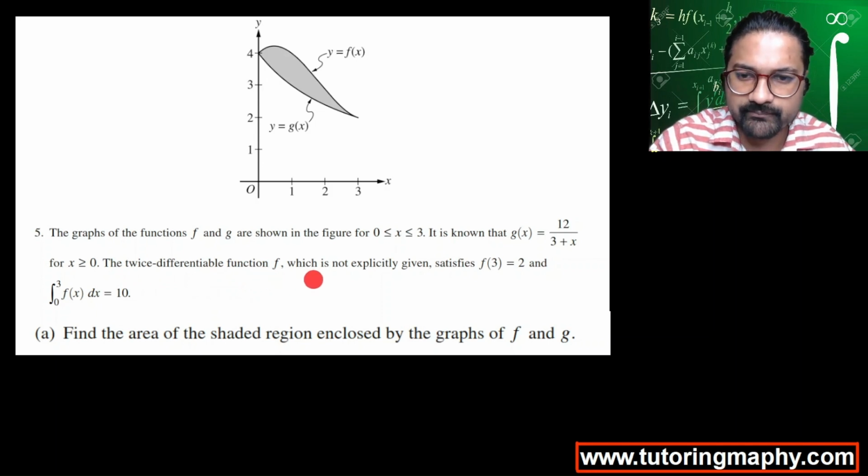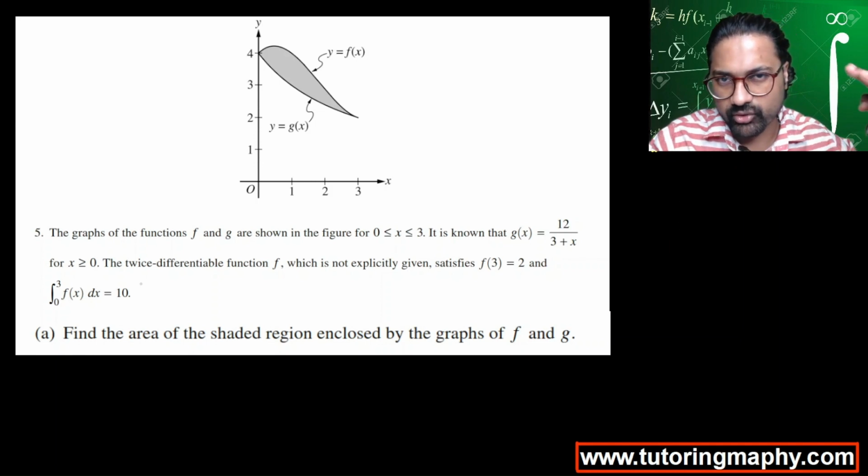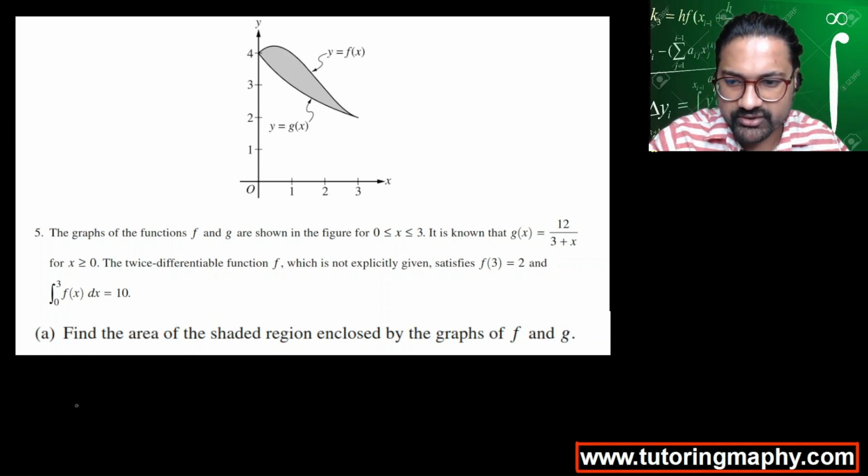F is also given. We are not given explicitly what f is, so the equation of f is not given. But it satisfies f(3) equal to 2 and its integral from 0 to 3 is 10. That is given in the question. So they are asking us to find the area of the shaded region enclosed by the graphs of f and g. Okay, that's pretty straightforward because the area which is enclosed between two functions is just given by the integration